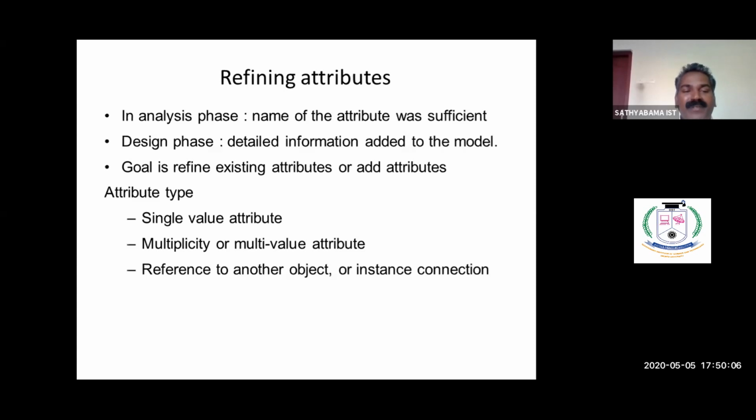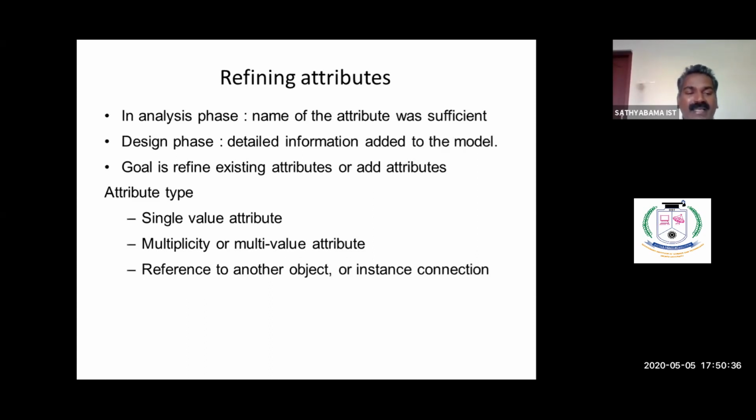So refining attributes is an important phase of software designing, in the design phases. We have a list of attributes from the analysis phase, and we need to refine it. So how to refine it? We check whether the attributes serve the actual purpose. Then for each attribute we have to define the visibility, that is public, private or protected. Then for each attribute we can set the data type, whether string, integer or boolean.